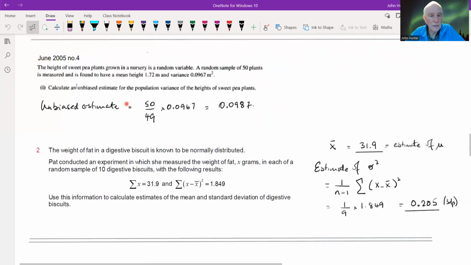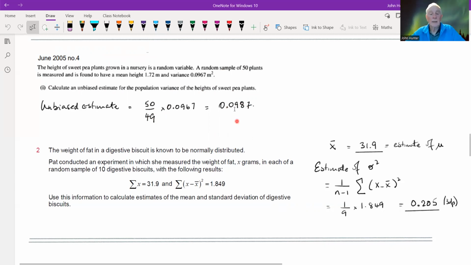A couple of other things. The height of sweet pea plants grown in a nursery is a random variable. A random sample of 50 plants is measured and found to have a mean height of 1.72 and a variance of 0.0967 meters squared. Calculate an unbiased estimate for the population variance. Right, okay, so the biased estimate is going to be low. We're going to have to correct for that by multiplying by n divided by n minus 1, which is 50 divided by 49, and that's going to give us this